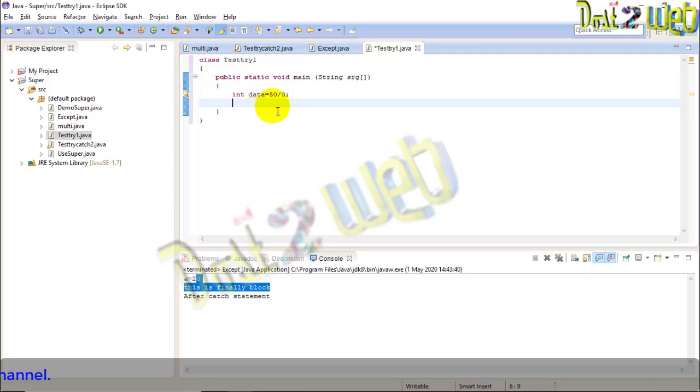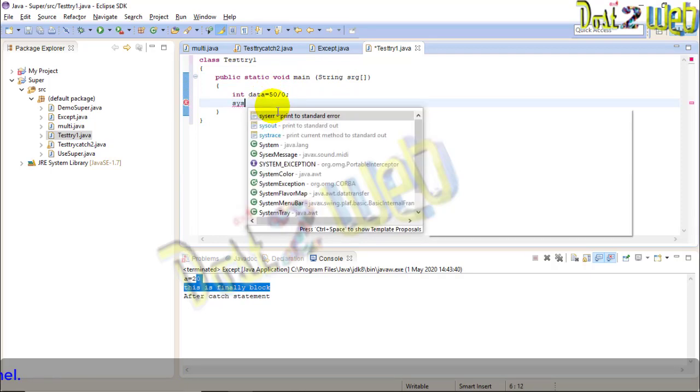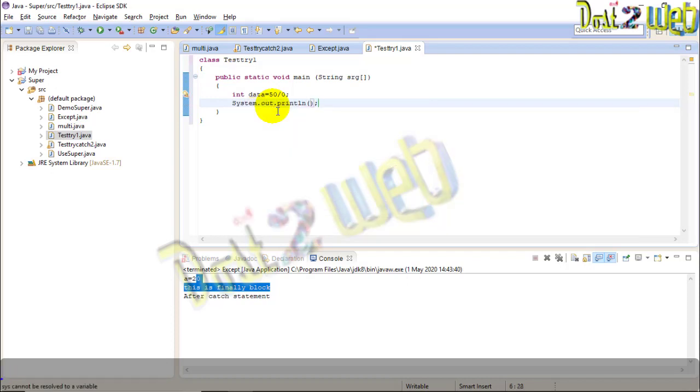Now we have to print this. So what is the value of that? We can write directly also, that is your data. Okay, so this is the finish.